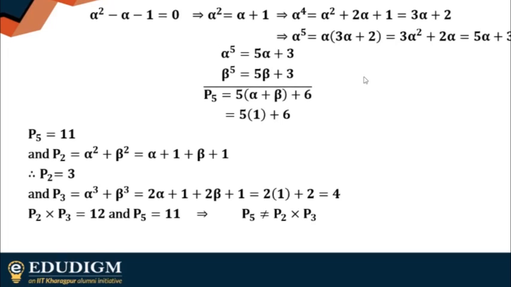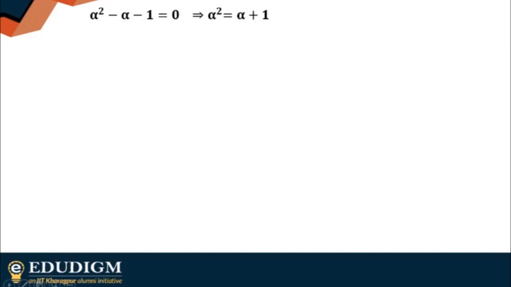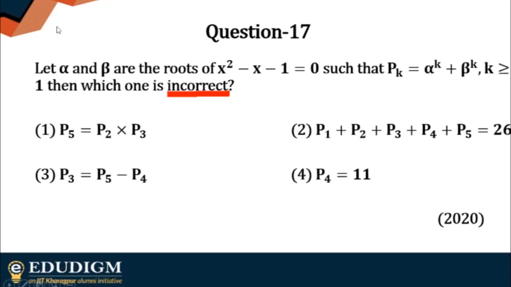I just want to see this portion. I just quickly want to go back to the previous slide and write down, just a moment. Let me see the options you had. P5 equals P2 into P3. So P3 equals P5 minus P4. I don't know why this option 3 went wrong with you people. Just try and find out what P4 will be so that we can understand where you went wrong.